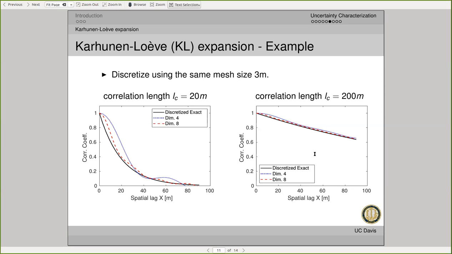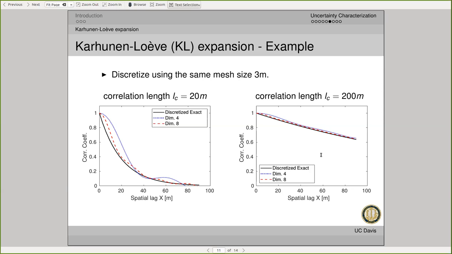So essentially, what you're saying is that the low correlation length means that the site is very variable. Yes, very variable. In this case, at 20 meters, 30, 40, 50, 60 meters, it's a totally different material, and you cannot make any inference about what's on that side if you know what's here, 20 meters away, or in this case 60 meters away. On the other hand, if you have a very long correlation length, it's a very uniform material. So what is here is very similar to what is there, to what is there, to what is there.